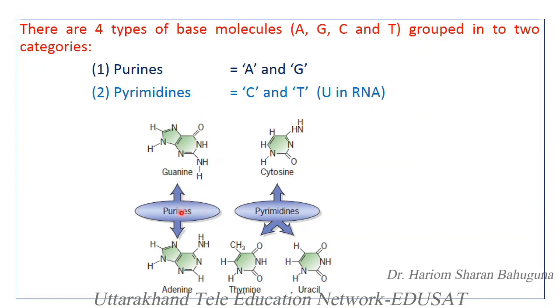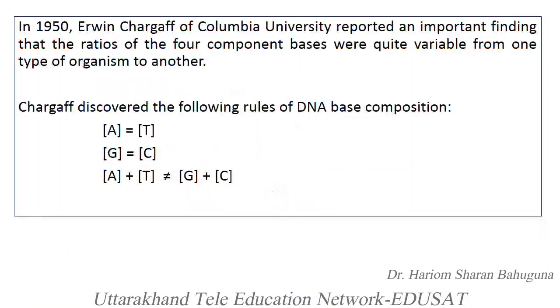Here the structure shows the purines, guanine and adenine, and as we can see these purines are 9-membered rings. We can see this is a 6-membered ring plus this 3-membered structure, so 6 plus 3 is a 9-membered ring. Purines are 9-membered rings, whereas the pyrimidines are 6-membered rings, just like benzene, and these 3 bases lie in pyrimidines.